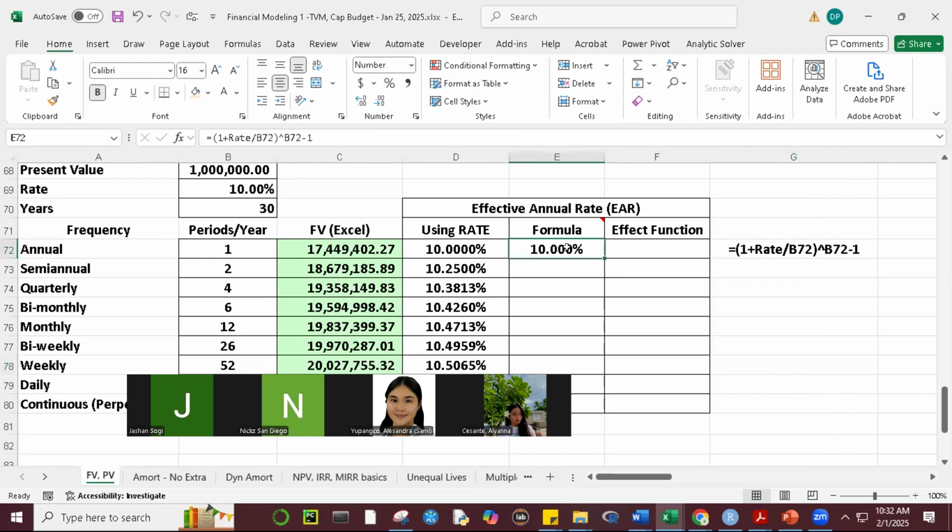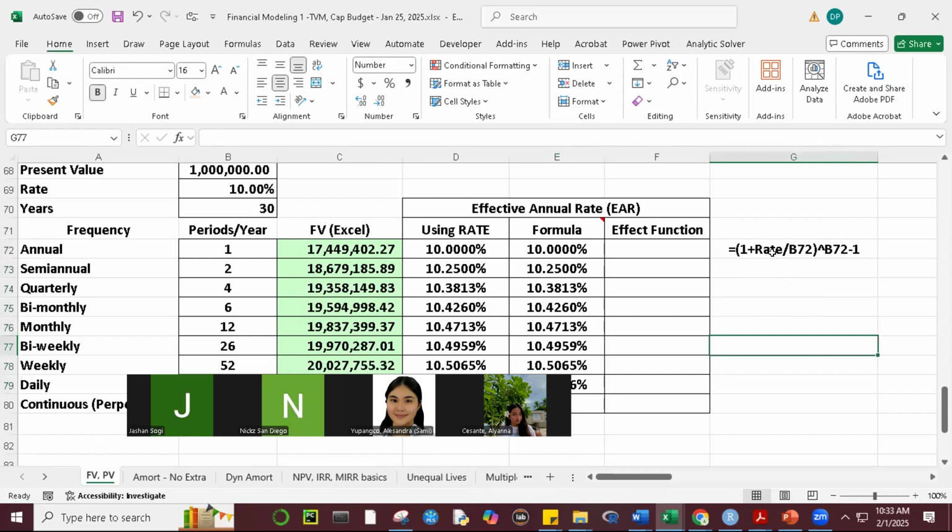Okay, and then copy down. Okay, you can see that it's the same. Okay, exactly the same. Using the rate function, using the formula 1 plus the nominal rate divided by the periods per year, then raise it to the periods per year, and then minus 1. Okay, so just